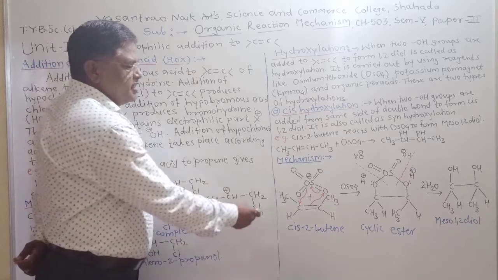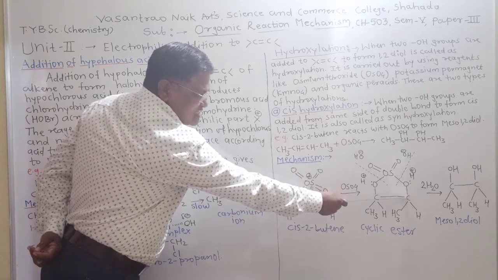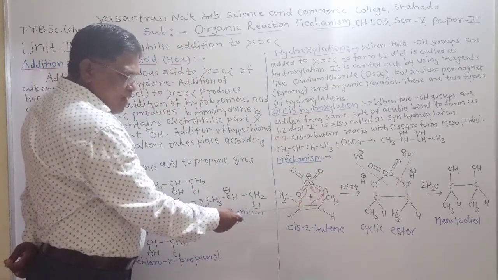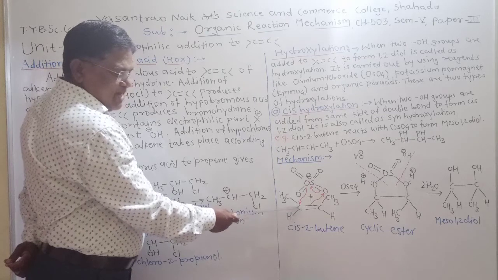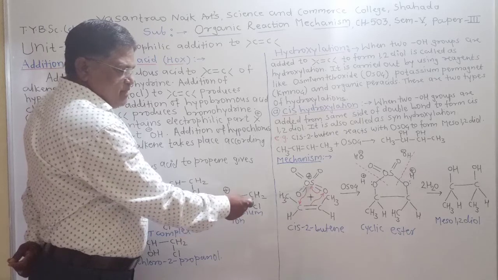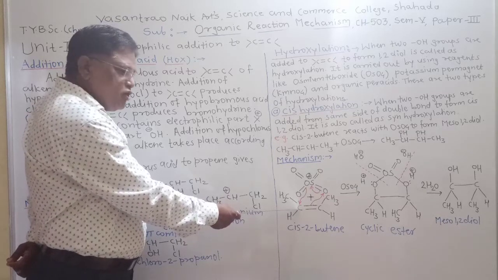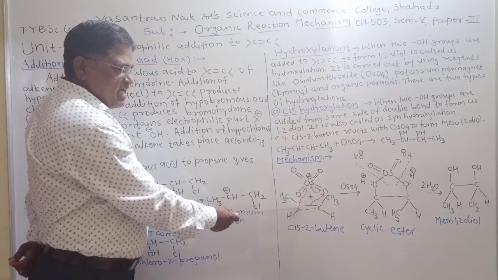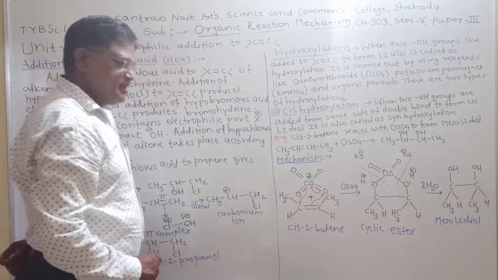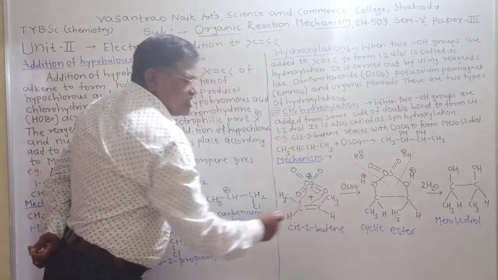there is new bond formation between oxygen and carbon atom. Like this, there is new bond formation between oxygen and carbon atom. But in this new bond formation, the electron pair of this carbon atom is lost, so this carbon atom becomes electron deficient, it has need of electrons, so it attracts the osmium-oxygen bond pair of electrons toward itself. So there is also new bond formation between oxygen and carbon atom. Like this, between this oxygen and carbon atom, this new bond is formed. Thus we get the formation of a cyclic ester.